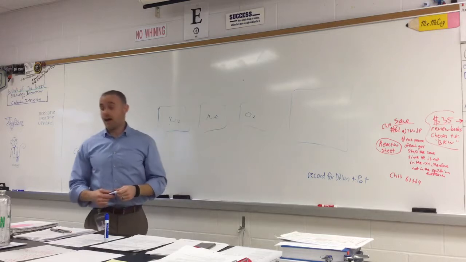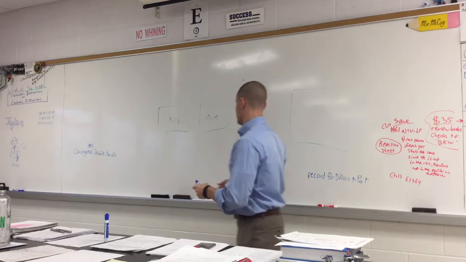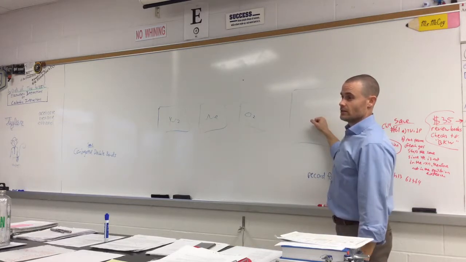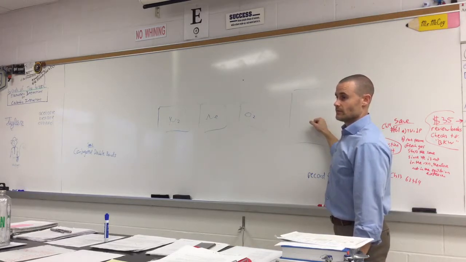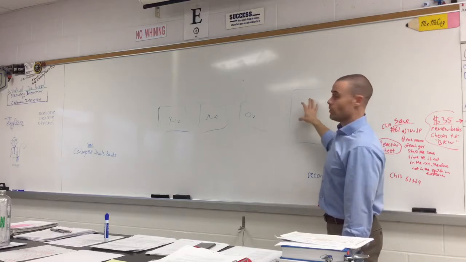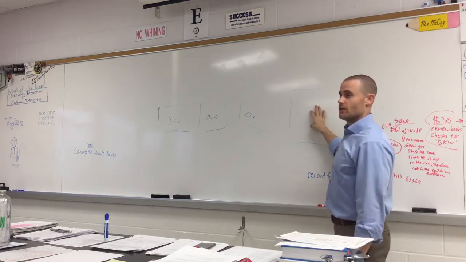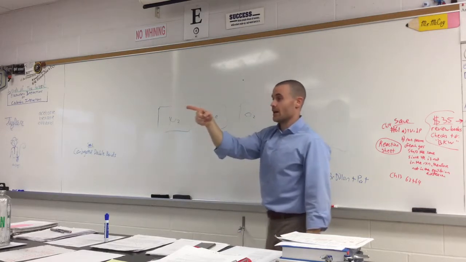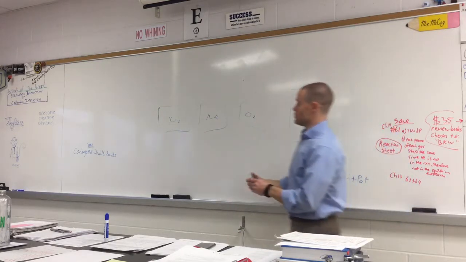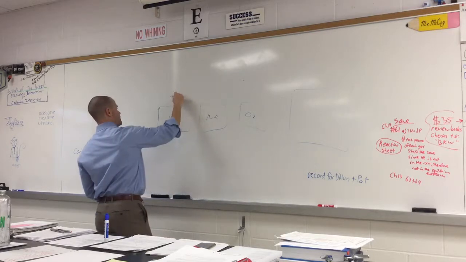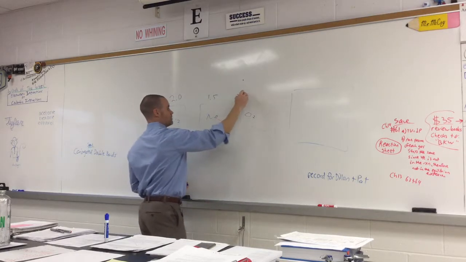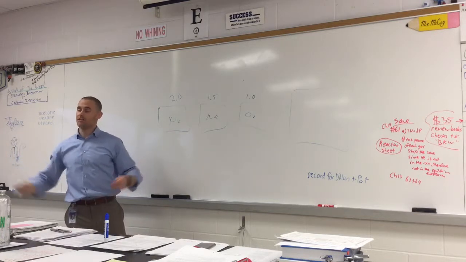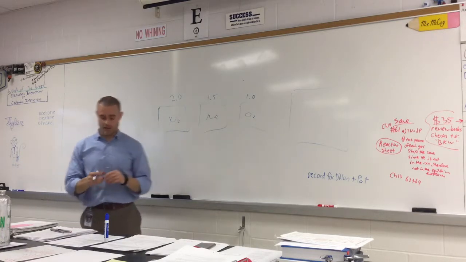Well, yes, but the pressure, so let's say these are 1 liter containers, and this is a 3 liter container. So you just add them together, right? If I wanted to know the total pressure in here, I would just add up the individual pressures. So that's what you're getting at. If nitrogen was 2 ATM, this was 1.5, and this is 1, and you put them in there, you would just add those 3 numbers because they act as if the other ones aren't there. They're bouncing around basically the same.